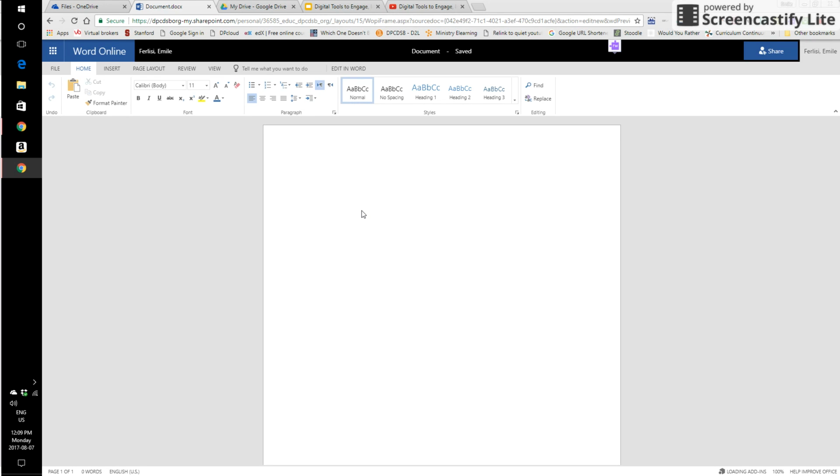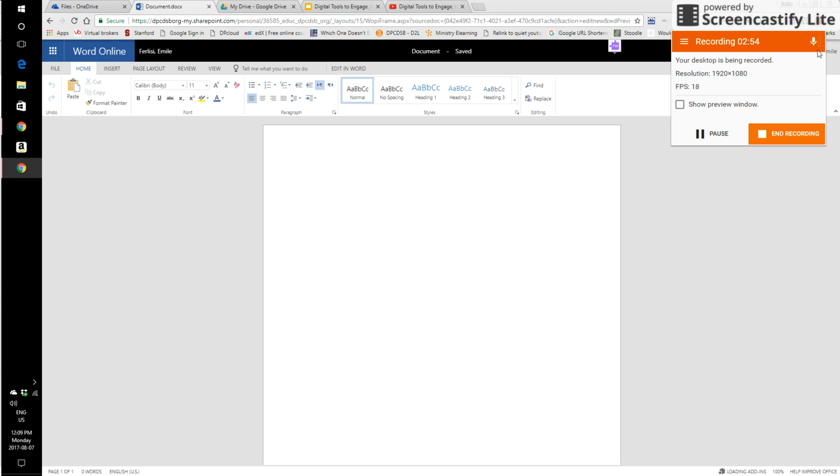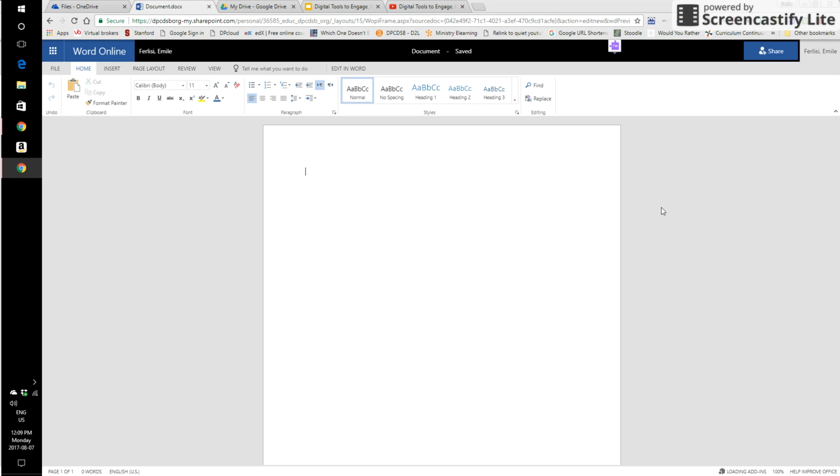If we're sharing plans, an outline, or a letter home to parents, we probably end up, especially and hopefully when we're working with our grade partners or other teachers or leadership, creating a document, saving it, attaching it to an email, and then sending it to someone who has to download it, make edits, resave it, and send it over. With Word Online, we don't have to do all of that. So instead of all of that downloading and saving, if I have a document like I have right now,